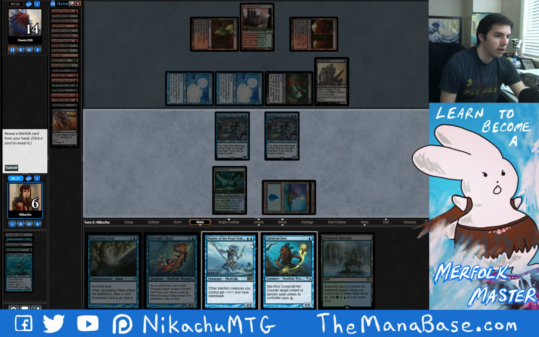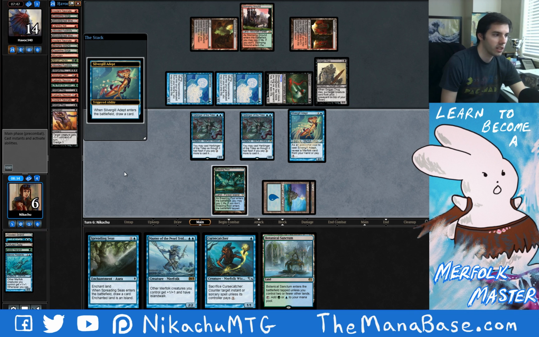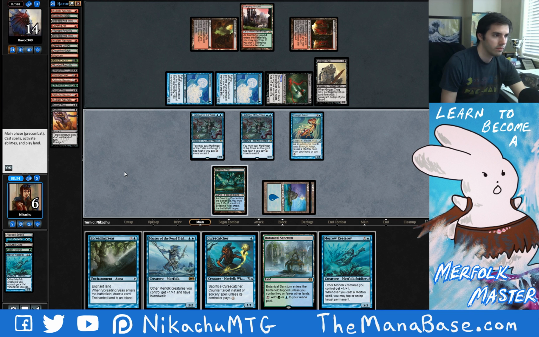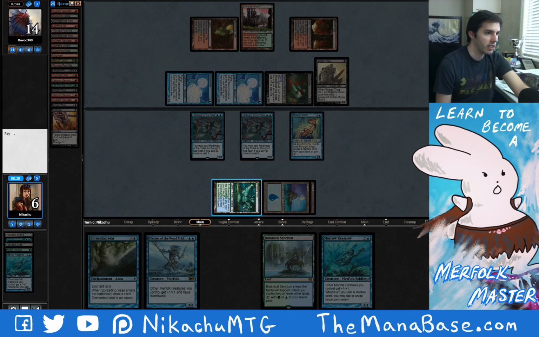So step 1, we want to see Collected Company. That's a start. That's a way of winning this game. It's not Collected Company. But anyway, we're not dying yet. And then if he wants to double Dark Blast...